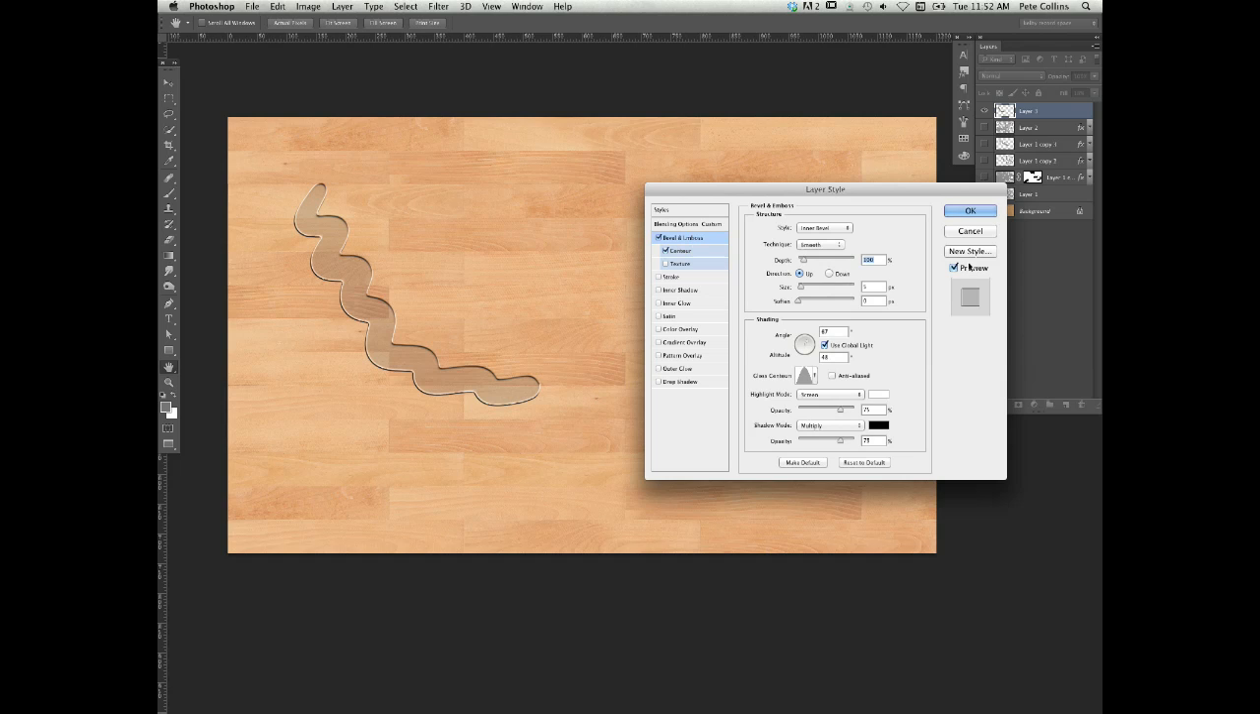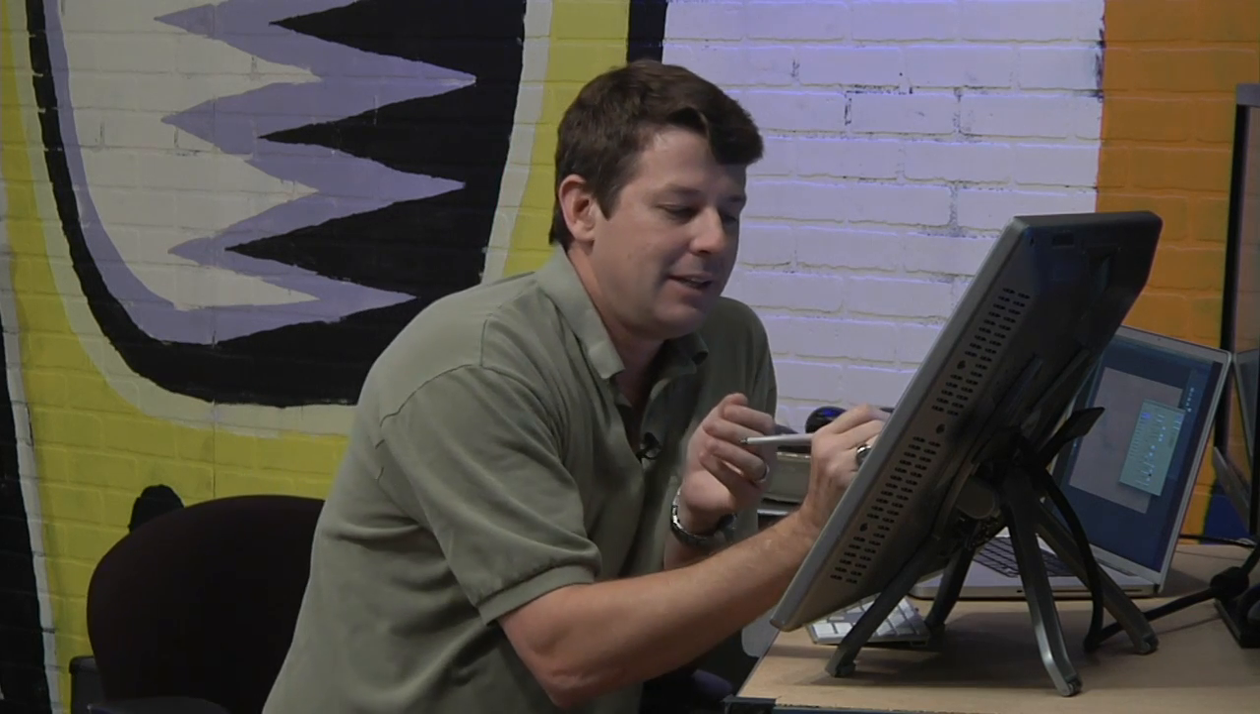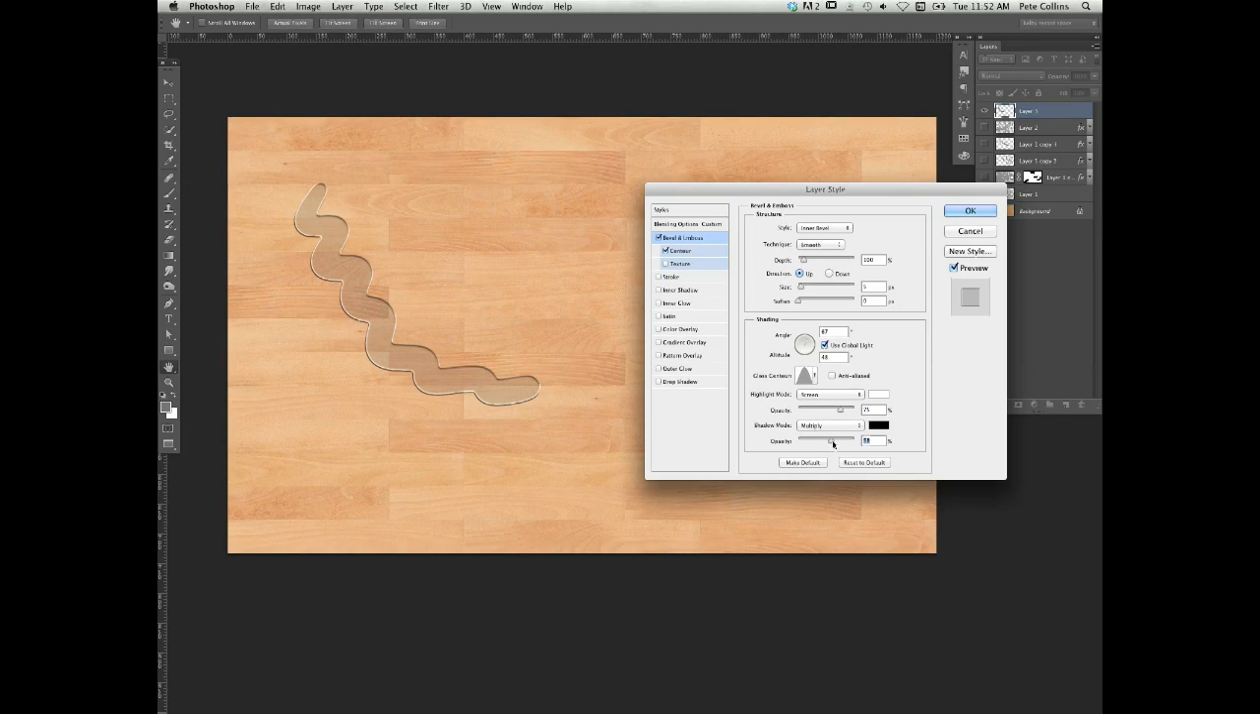Okay. So that looks pretty good, but I don't really like the harshness of this edge over here. So I can come in and play with the shadow mode and lighten it up. We've got total control down here. Highlight mode is going to represent how bright that white edge is going to be, sort of like your specular highlights on your water. And shadow mode is going to represent how dark the shadows are going to be inside